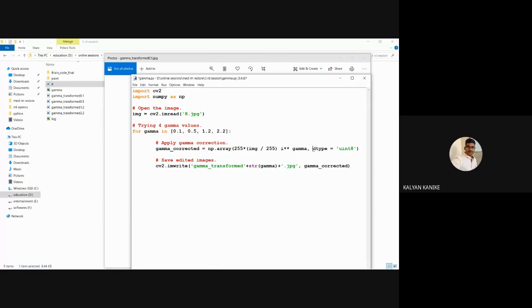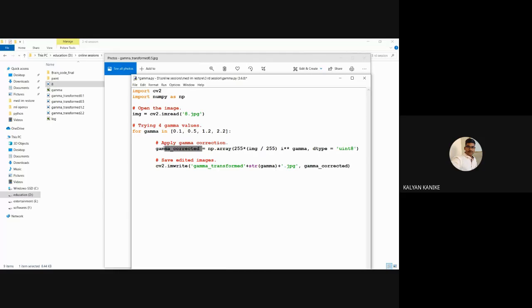In every image, whether it is a color or grayscale image, for one pixel we need 8 bits of information, so mostly we go with the integer 8 type only. Fine, so the result came.